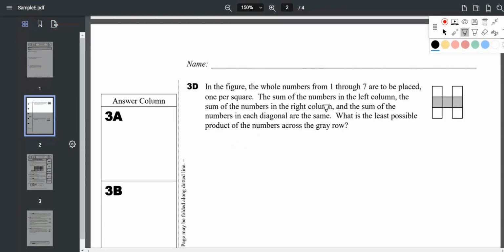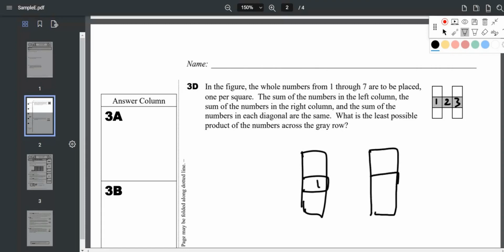So that should be least, right? So from the numbers 1 to 7, first put the lowest ones: 1, 2, 3, no number is repeated. And then you see the first column, the middle number is 1, and the last column, the middle number is 3. So this 3 is 2 more. So you have to put in the first column's top and bottom the numbers such that their sum is 2 more than the last column's top and bottom numbers. So what are the remaining numbers? 2 is already occupied. You have 4, 5, 6, 7. So put here 4, here 5, here 6 and here 7.